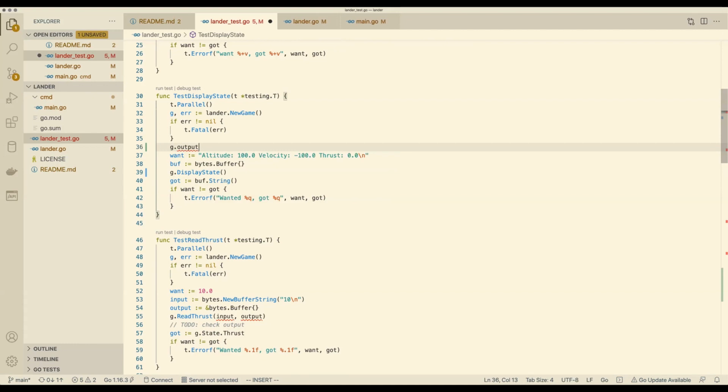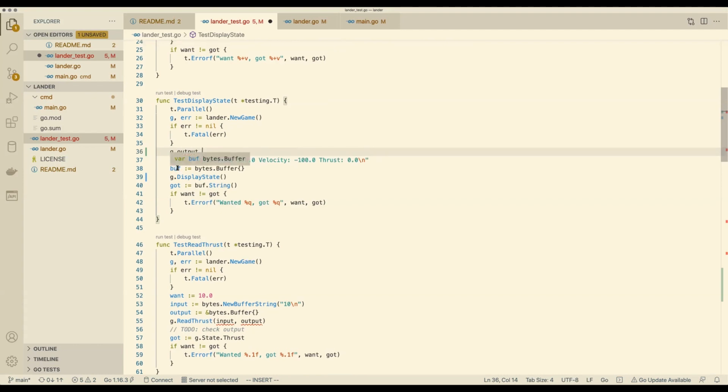Output, and then it will be basically a buff, isn't it? Of bytes.Buffer. Yeah. Though in fact we can't set G.output because it's not exported. Oh yes, for reasons that we discussed earlier. So actually,